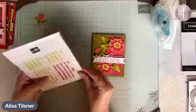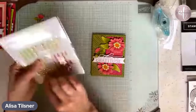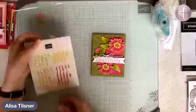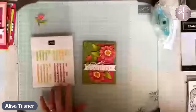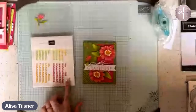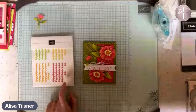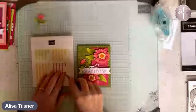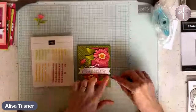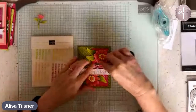But I think I will use, and of course, you know, it picks up different colors as you're putting them in, but I think I'm going to use the melon, or I'm going to say pink. I think that they will work well with Berry Burst as well. So what am I looking for? A pair of scissors. Okay, and I'm just going to put a couple around, even though I should just go full hog, right? Because, you know, we have so